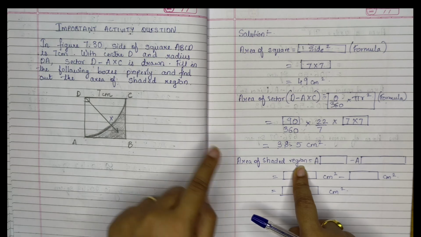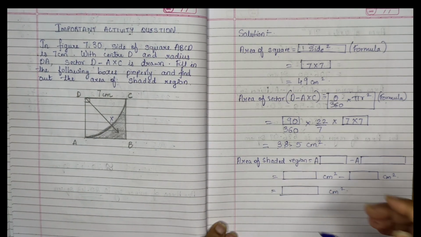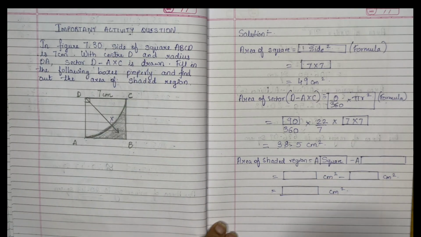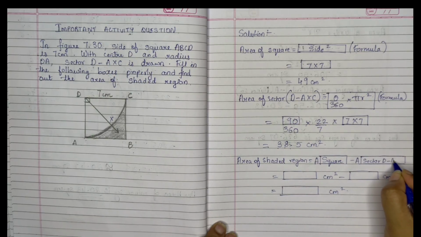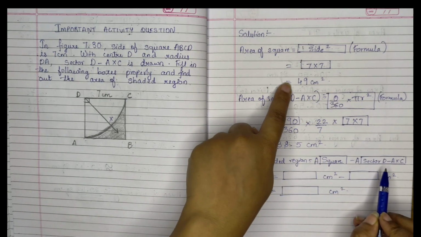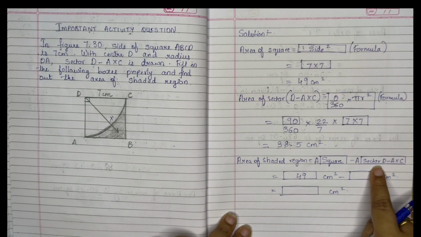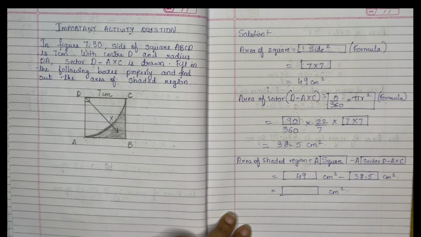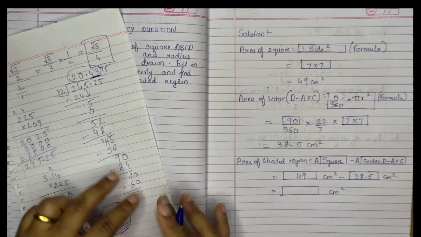As I told you, the area of the shaded region will be area of the square minus area of the sector. What is that sector? D AXC. Area of square minus area of sector. Area of square we got 49 minus area of sector 38.5. Understood? So when you subtract this, 49